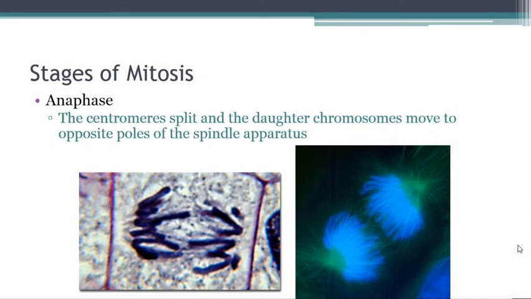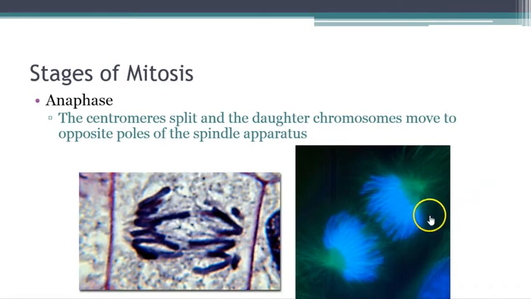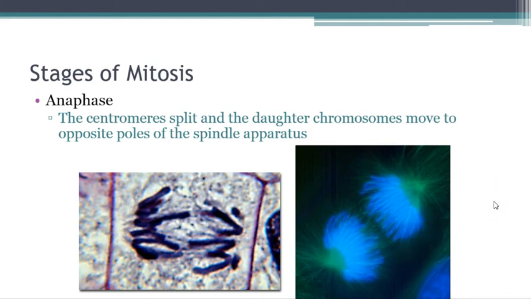Okay, now anaphase is the next phase. So prophase, you're condensing, and you're dissolving the nuclear membrane. Metaphase, you're lining up in the middle, right? And you're going to have that nice line. In anaphase, they're going to move away from each other. So this is where the mitotic spindle apparatus, these microtubules, are going to shorten. They're going to pull the chromosomes away from each other, right? And this is good because now you can have a nuclear membrane form around each of these and get two new nuclei that have all the right numbers of chromosomes.